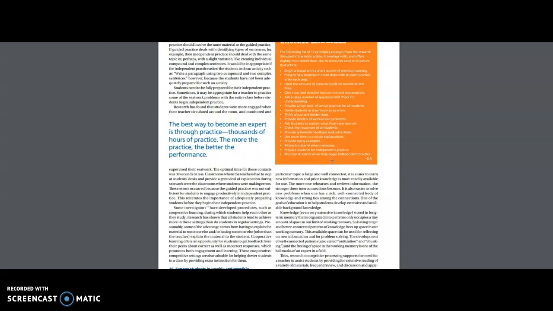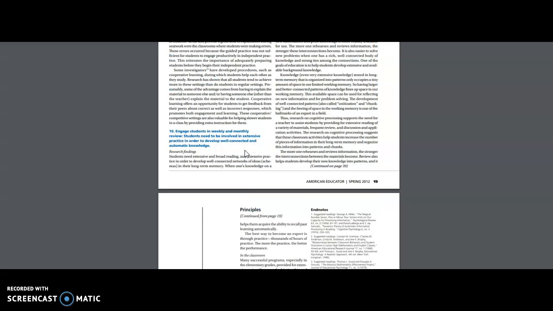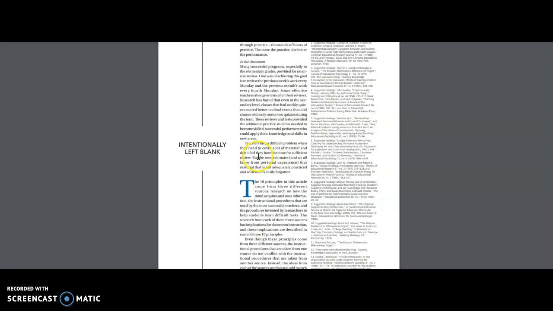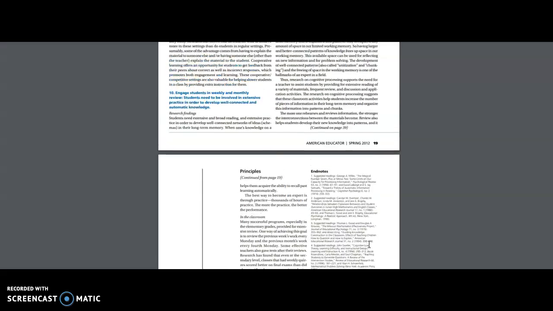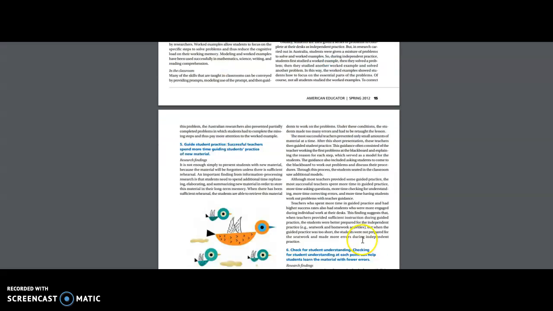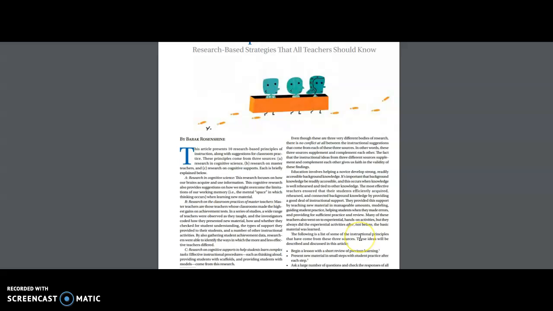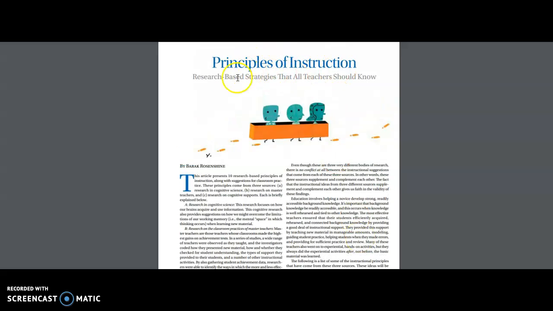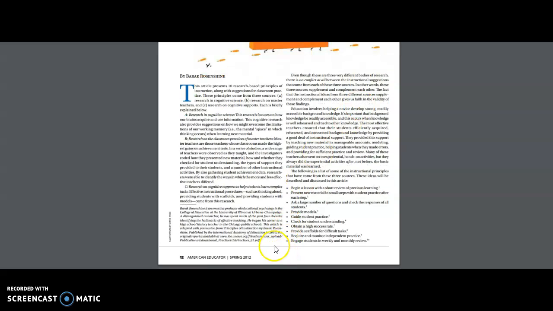I worked with someone at Penn State, Bob Stevens, who I think was Rosenshine's doctoral student. So if you ever see Rosenshine and Stevens, I worked with Stevens. This article is still really relevant, even though it was initially published way back when, and it has some really great ideas. It's called Principles of Instruction: Research-Based Strategies That All Teachers Should Know. I don't even know what journal it was in.